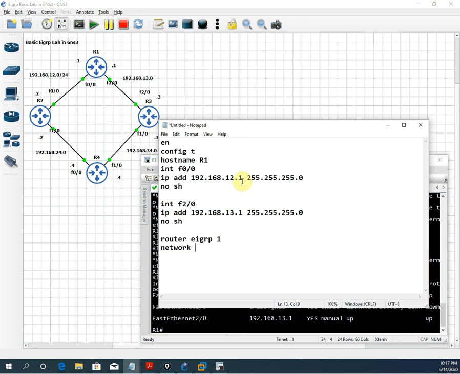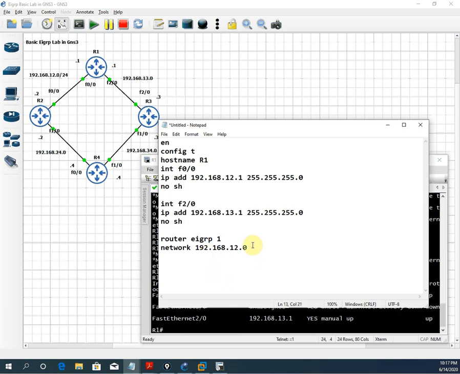In our previous series, we already discussed that in class C we have 3 network parts and 1 host part. So what we can do is make the host part 0. Here the last part is the host part. This one, if you see here, is the host part. So I will take this one, paste it here, and make this one a 0. Okay, so this one is done.